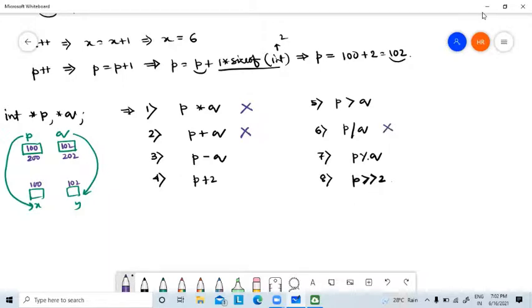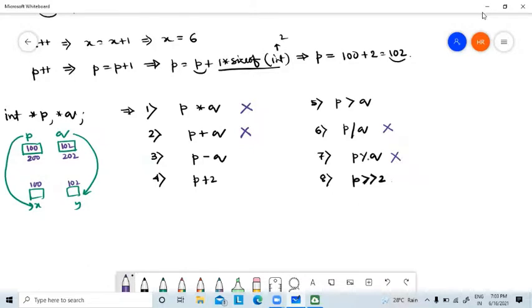The remainder is also illegal. Why is plus illegal? My question is, if I add two addresses, what will I get? What information will I get? Is it any meaningful information? Suppose I add your house address and my house address, will that have any meaning?